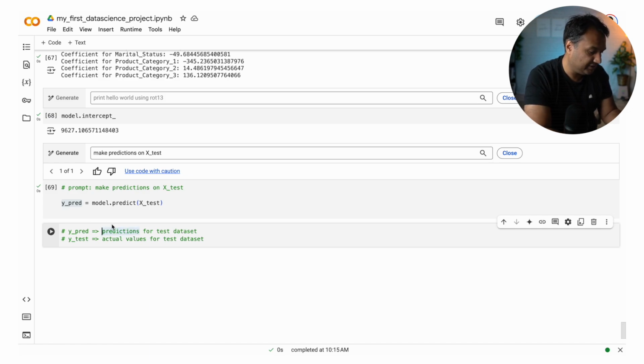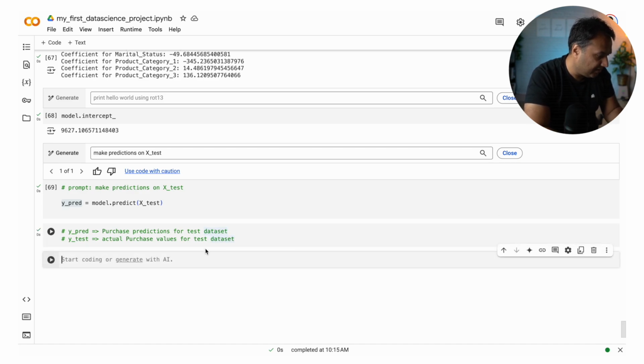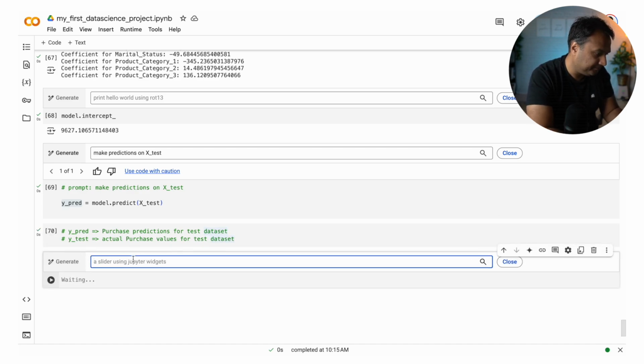What was the column name? Purchase. And this is actual purchase values for the same rows. So now we can compare it against each other and see how much is the delta between both. Okay. Compare ypred and ytest.